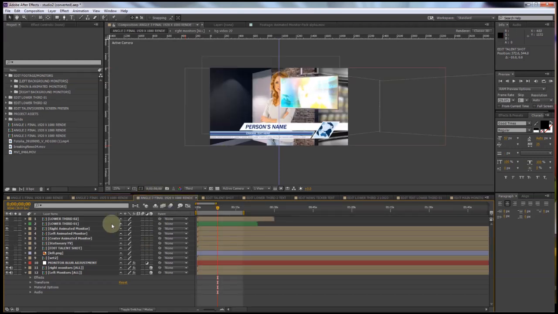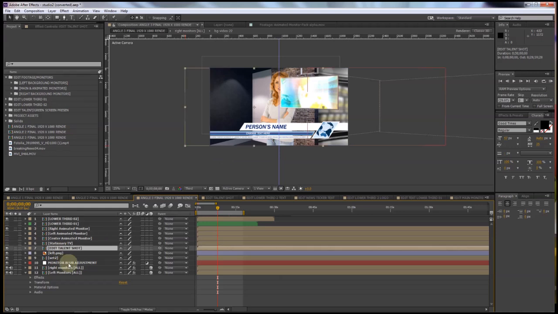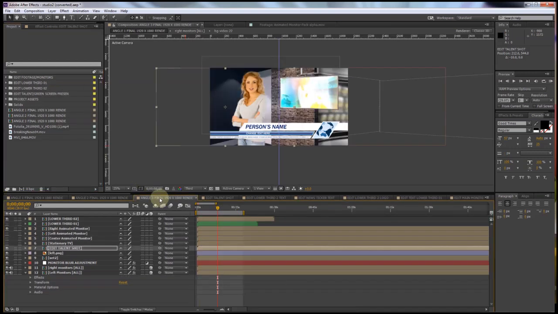And same thing for angle 3, and we can move our talent shot around a little bit so that she shows up right there. One other little trick that you might not know about is if you shoot your talent on a green screen and they make a gesture in a certain direction, like you can kind of see that she is on this side and she's gesturing this way, but maybe we want to have the monitor on this side and we'd like to flip